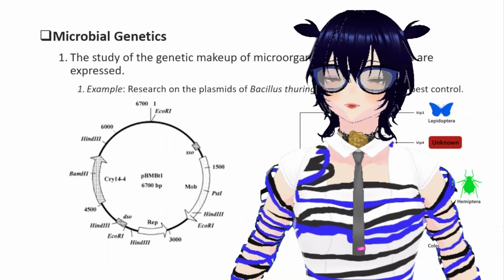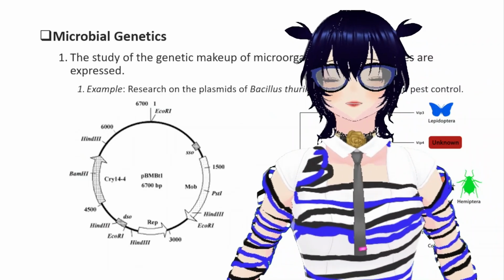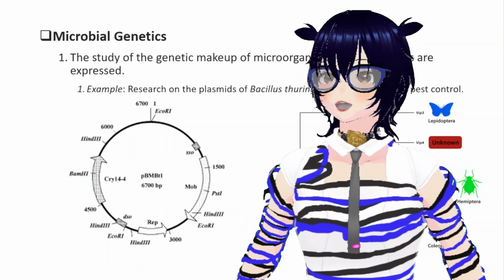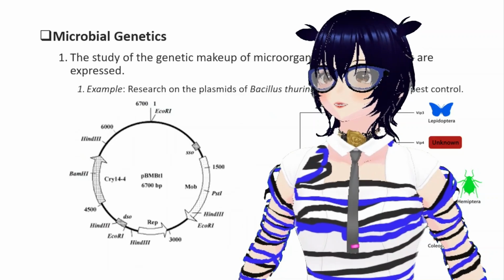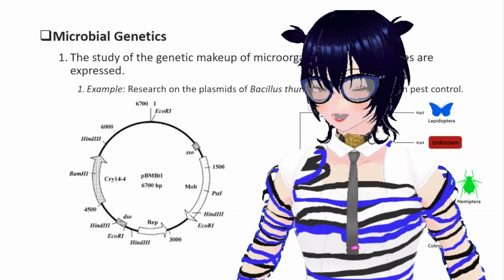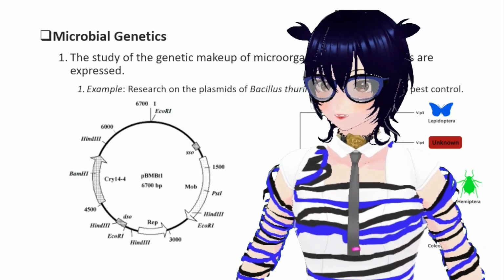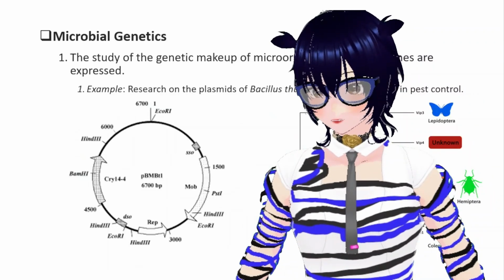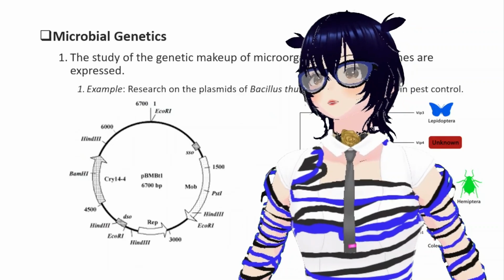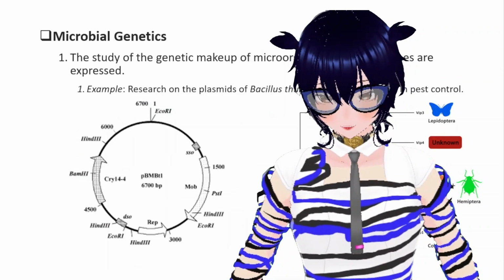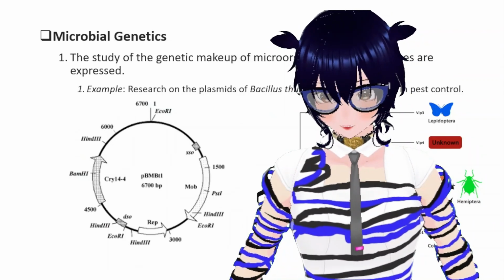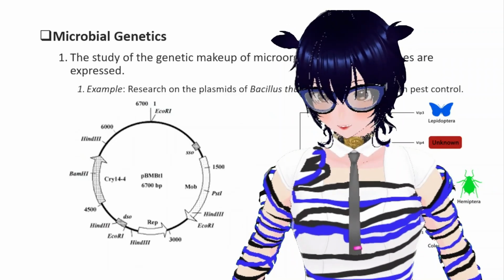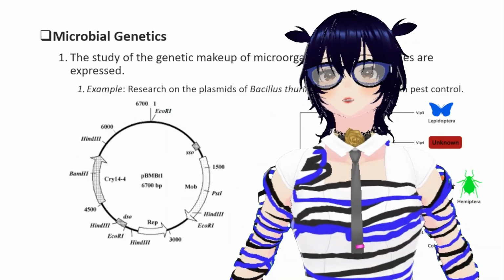A simple example of the property of plasmid is Bacillus thuringiensis, a bacteria that has a plasmid with the ability to produce toxins, okay? But don't worry, the toxins are not for us human beings. It is for the organisms that cause distress to human beings. So of course we have to get rid of them. Well, it's actually pretty cruel, but I think they cause real problems. So of course we have to use the harsh